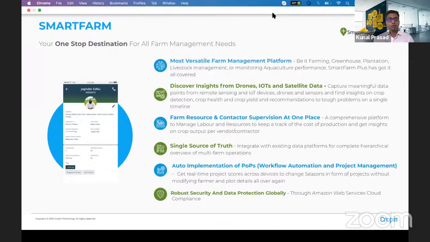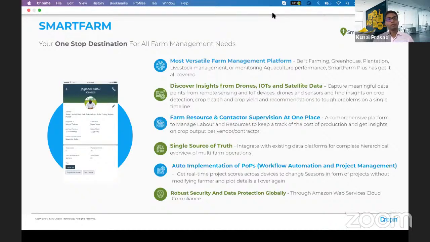There are a lot of things which are automatic, in terms of early warning pest and disease-based models. We have the DUES model, where we use weather data and other forecasting mechanisms to proactively advise your farmers that there is something coming in the next 3-4 days in this particular farm of yours, go and practice this particular thing. So these are some of the things that we bring to the table when we talk about the Smart Farm,